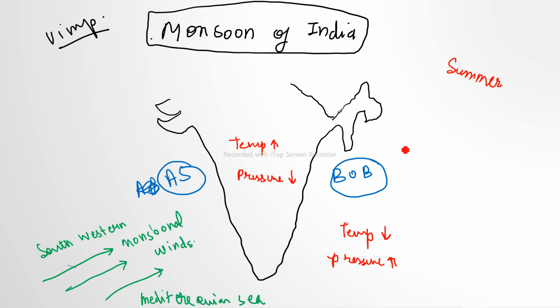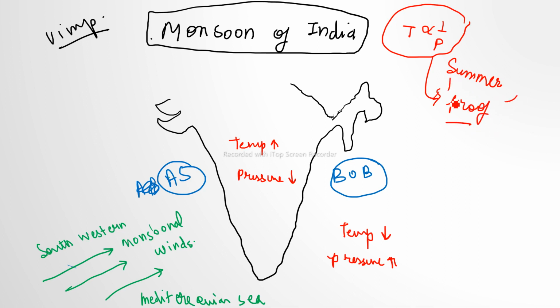And why is this so? Because temperature is inversely proportional to pressure. This has been proven by science. You don't have to worry about it, and unless you're studying core chemistry, you don't even need to get a proof of this. But it has been proven by our scientists, so we don't need to find out the derivation, etc. So this is how it works: when the temperature increases, the pressure is going to be lesser.